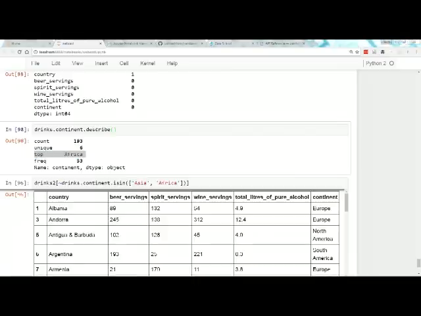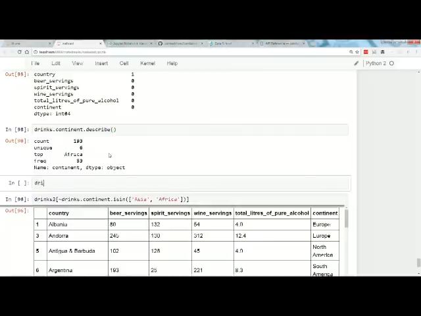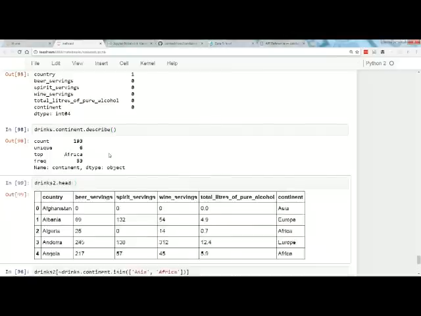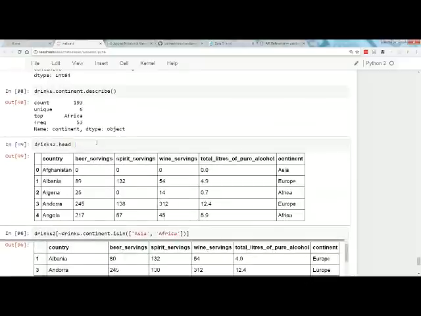Balamurgan, how will I specify all else during a map command? For example, if I want to map male as 1 and everything else as 0 in a data frame column, how can I do that? Okay, let's see. Let's use head again. I'll actually use drinks2 because I didn't screw it up. Let's say I want to create a new column where if it's Asia, then I want a 1, otherwise I want a 0.